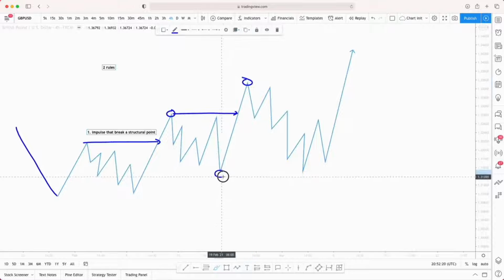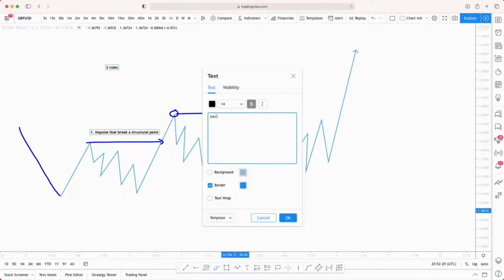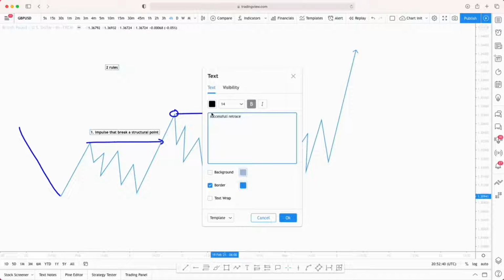From here. And this is what we are going to call our successful retrace. Okay, and this is what I forgot to add, number 2, and what makes it successful is